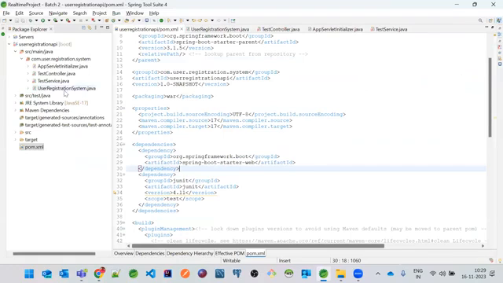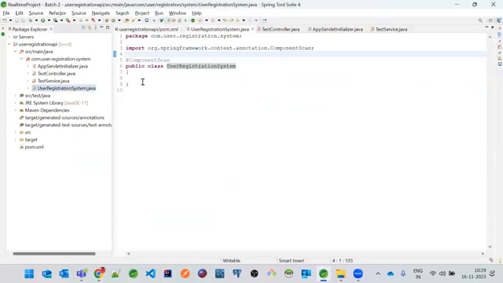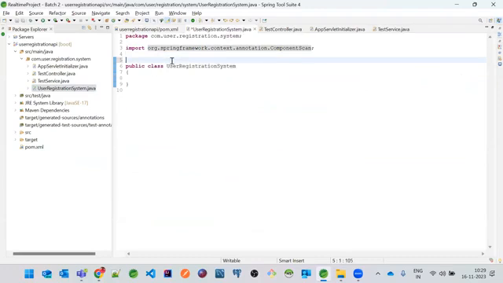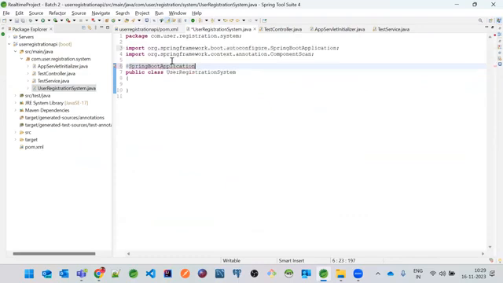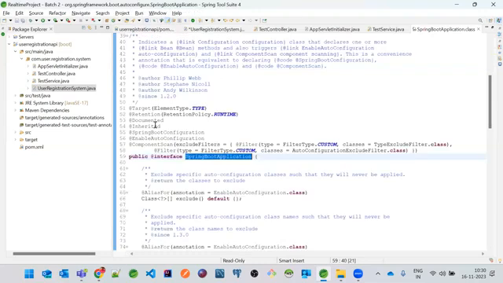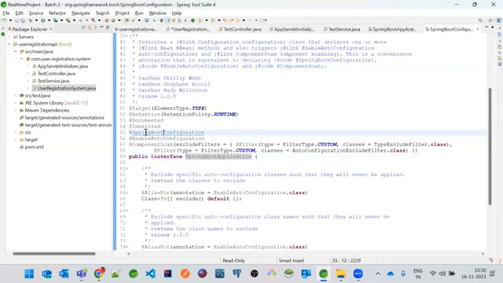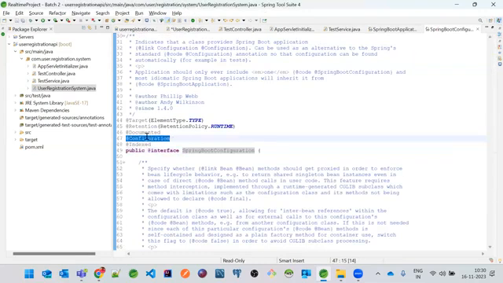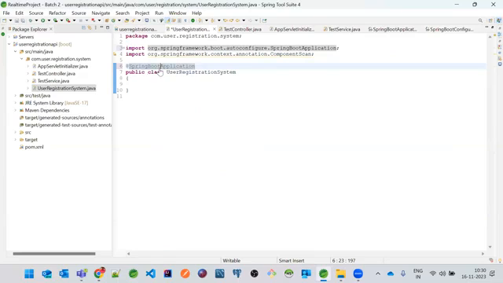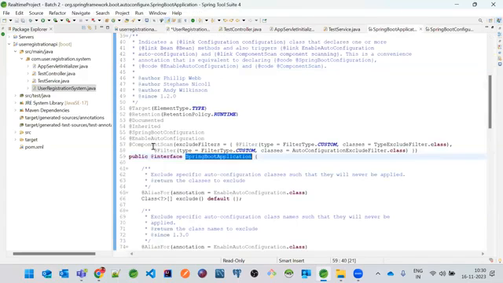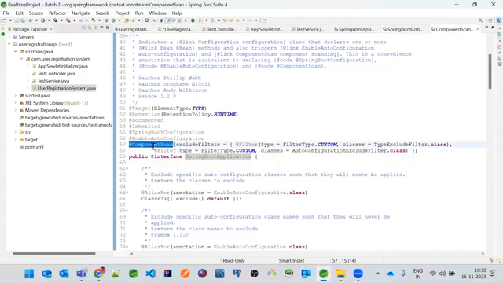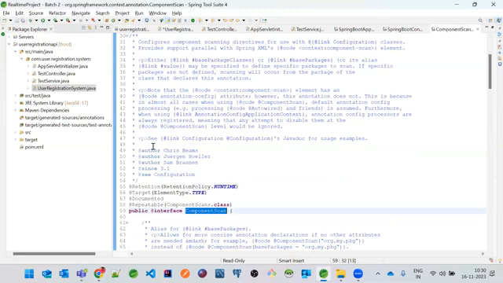But here, in the user registration system, I don't want to use this @ComponentScan. Only @SpringBootApplication will work. And if you see, it has the @Configuration annotation also, and it has @ComponentScan also. One annotation is equal to so many annotations.